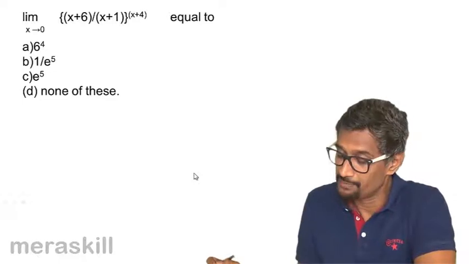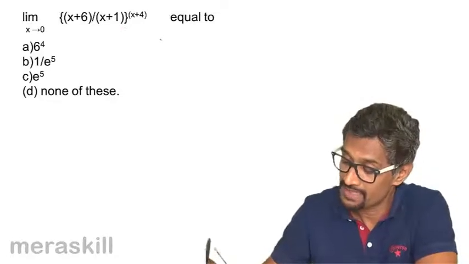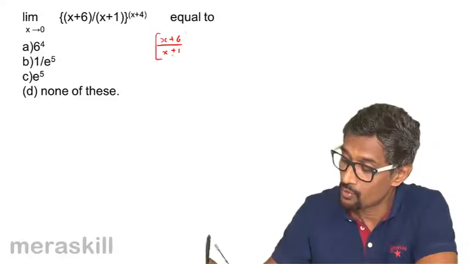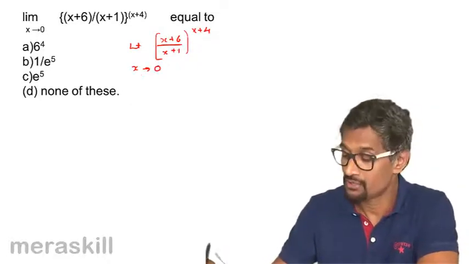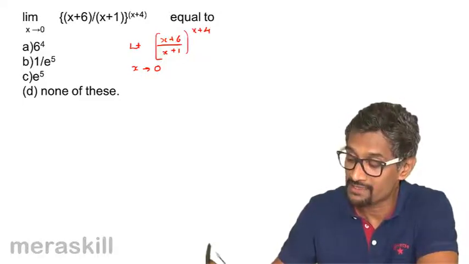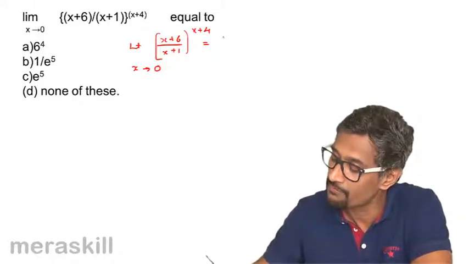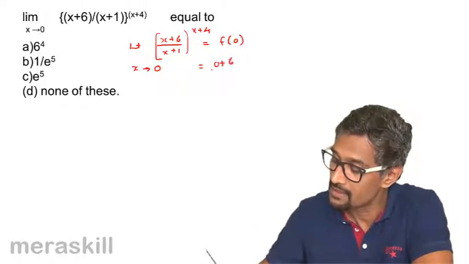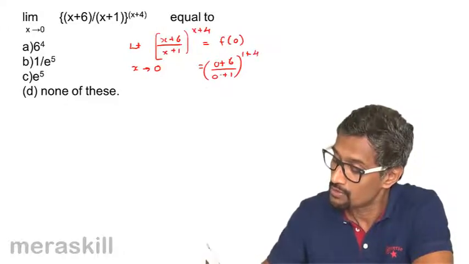Okay. Here we have the limit of the function (x plus 6 upon x plus 1) the whole raised to x plus 4, limit of this as x approaches 0. Now this is a determinate function because if we substitute x as 0, the denominator does not become 0. So it's a determinate function. So this is going to be f of 0 itself. So that will turn out to be 0 plus 6 upon 0 plus 1, the whole raised to